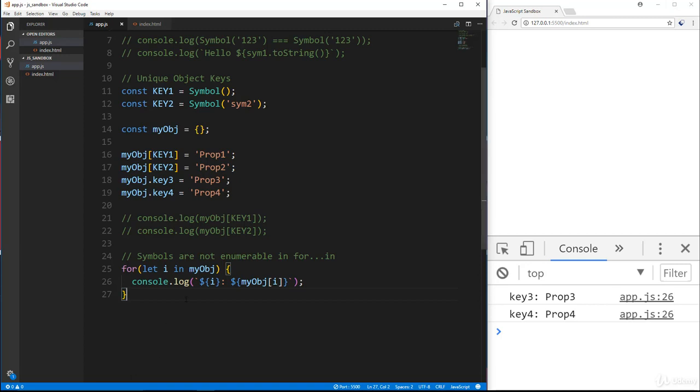Another thing is that symbols are ignored when using JSON.stringify. Now JSON.stringify takes a JavaScript object literal and turns it into a JSON string. So let me give you an example. First of all, I'm going to put a comment here that says symbols are ignored by JSON.stringify. So we'll say console.log